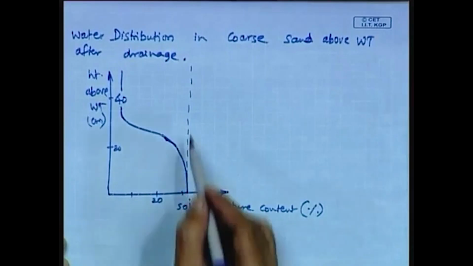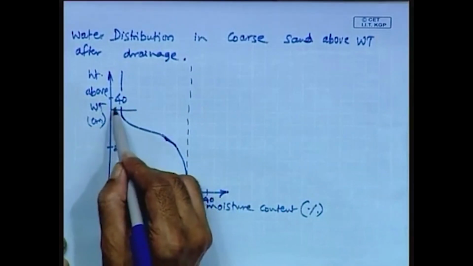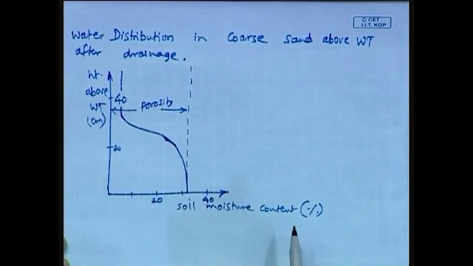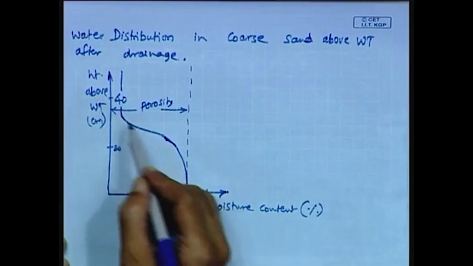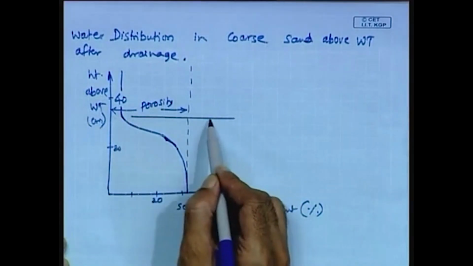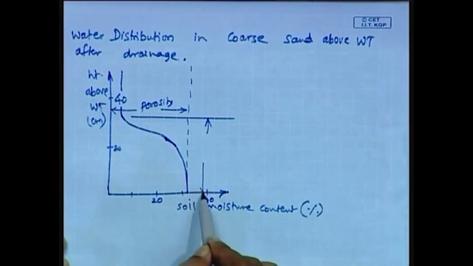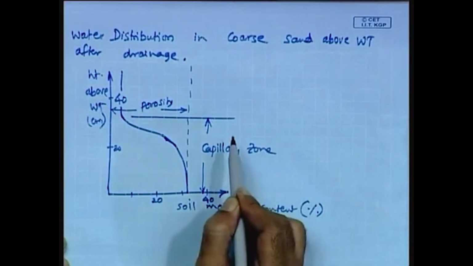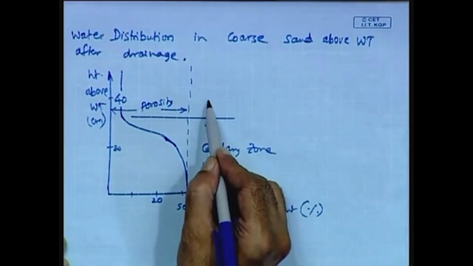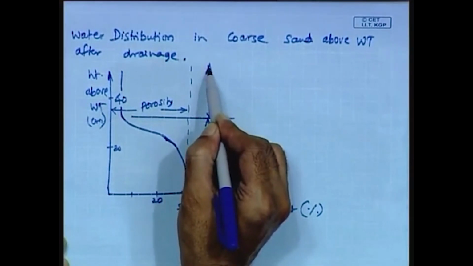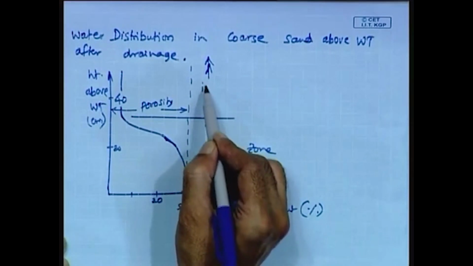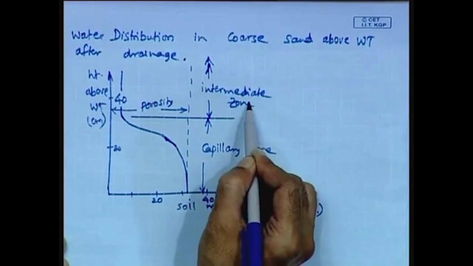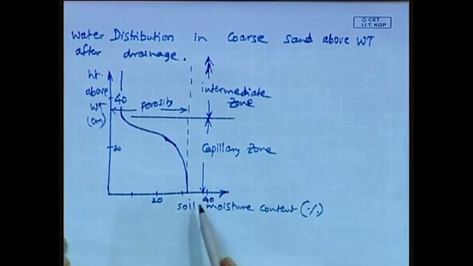So, this represents porosity, and here this represents the capillary zone, and above this represents the intermediate zone. So, in the capillary zone,